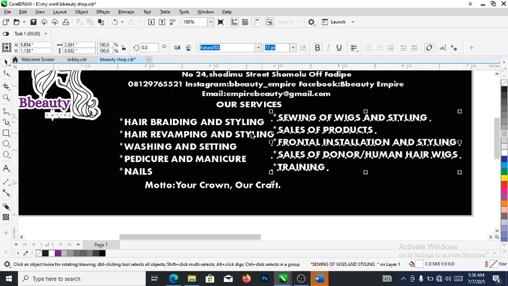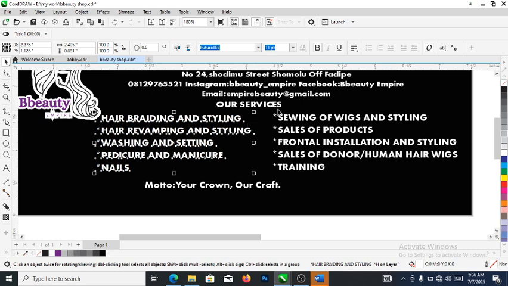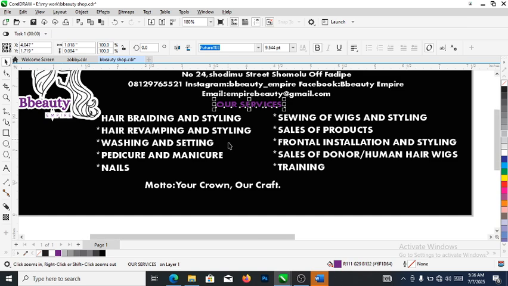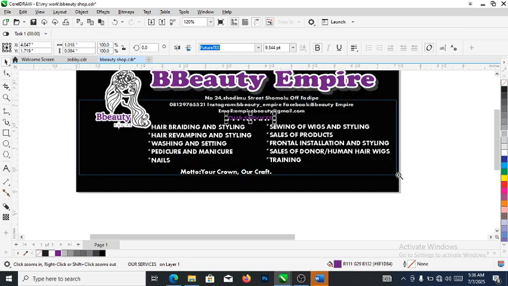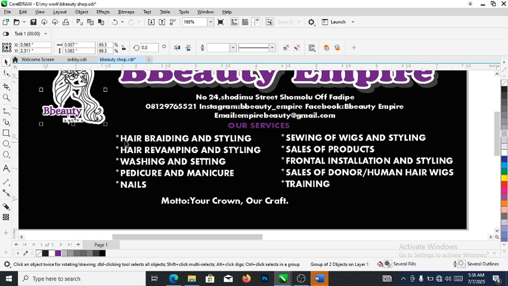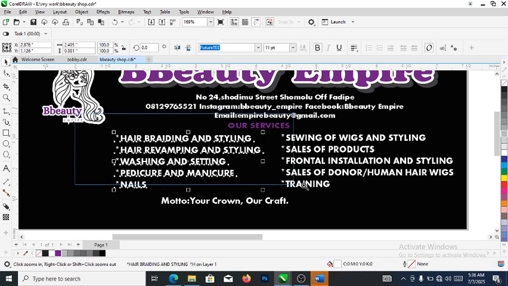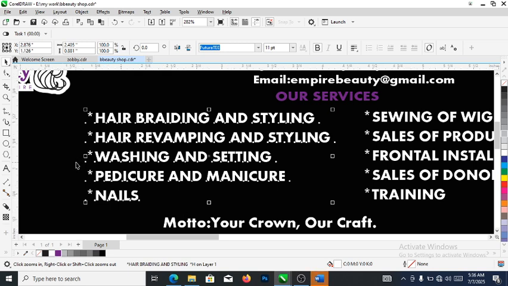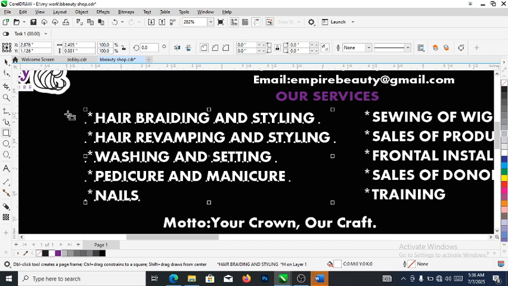Good. Let's have this to be purple. Zoom down. Good. So right now what we're going to be doing now is to have bullets being positioned beside all of this, what's it called,